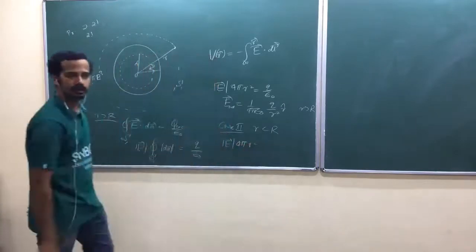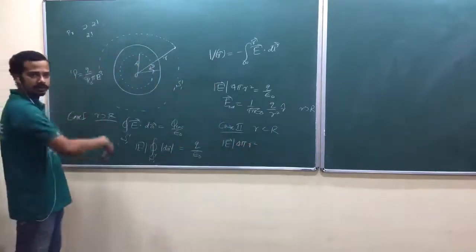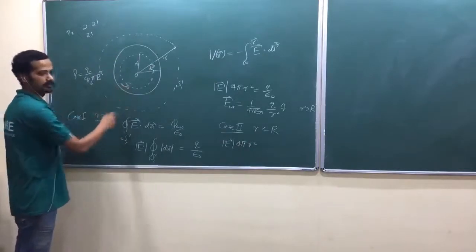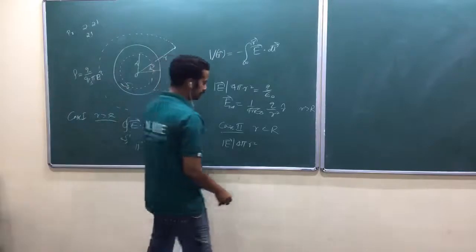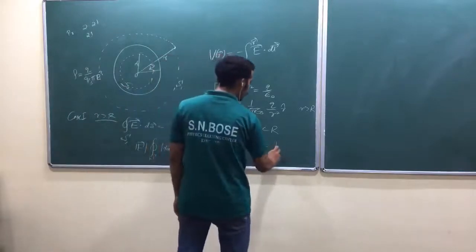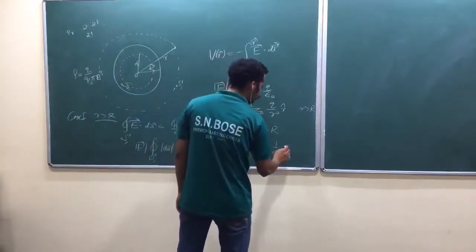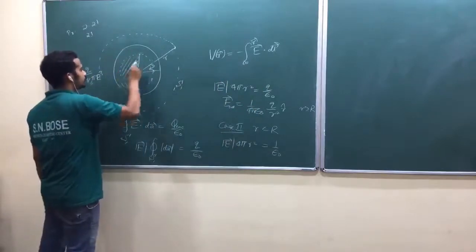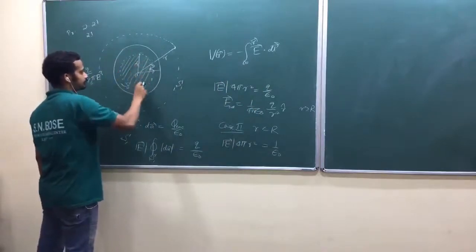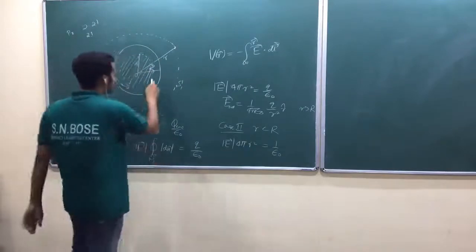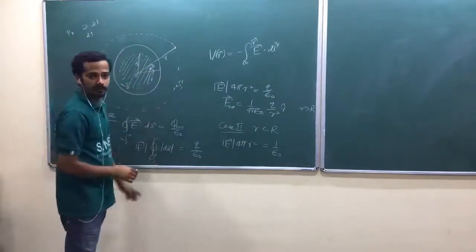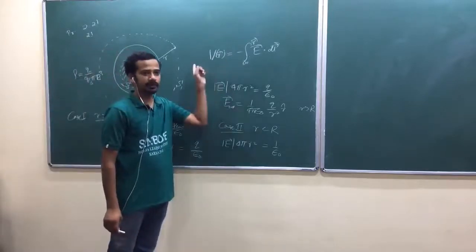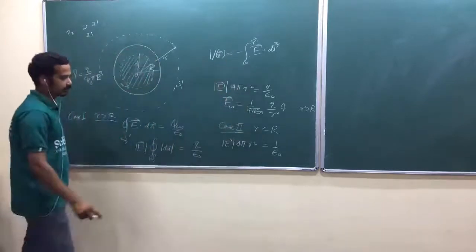Now r is less than R, but whatever, the arguments are the same, right? Again, you have to write this step, or you can write it as surface S2, which is within the sphere. Now, 1 by epsilon naught Q enclosed. What is the enclosed charge? Enclosed charge is the charge within this region, am I right? Again, I am doing that Gauss law problem, but you have to do it in the very last step. Is that okay? Because your ultimate aim is to find potential.